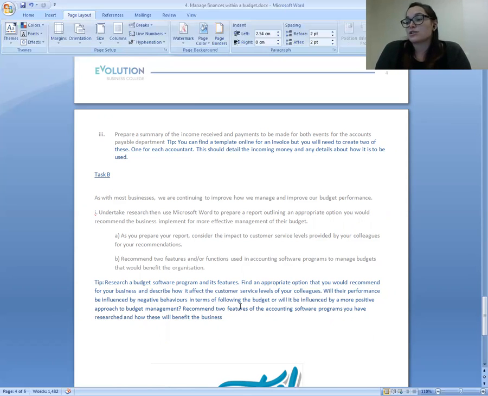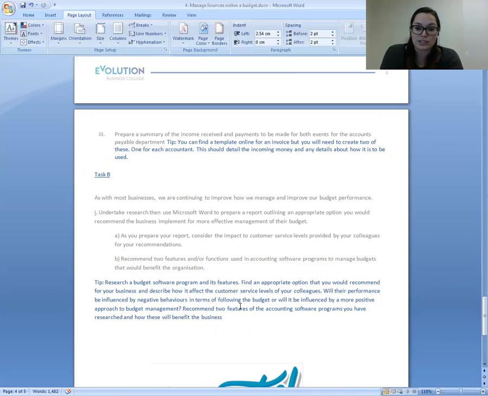With the first one, when it's asking you to consider the impact to customer service levels, that's really talking about how your colleagues or team members behave in regards to customer service. So for instance, if you have been given a particular budget and it's influencing the behavior and customer service levels in a negative way, maybe there's a certain amount of revenue for a certain product that you're really wanting, and maybe your team members or colleagues are really just pushing that one product despite service levels getting worse,